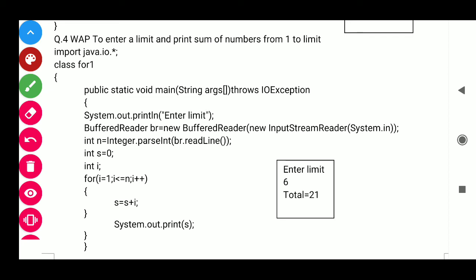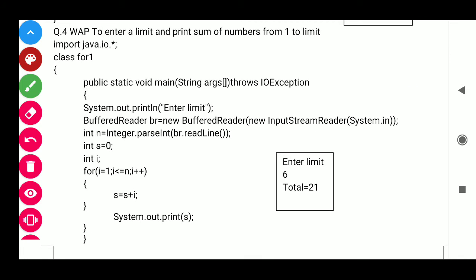Int n is equal to Integer.parseInt br.readLine. With this statement, we will input the number which will store in variable n. Java accepts everything in a string form, and we have to convert it into integer form.